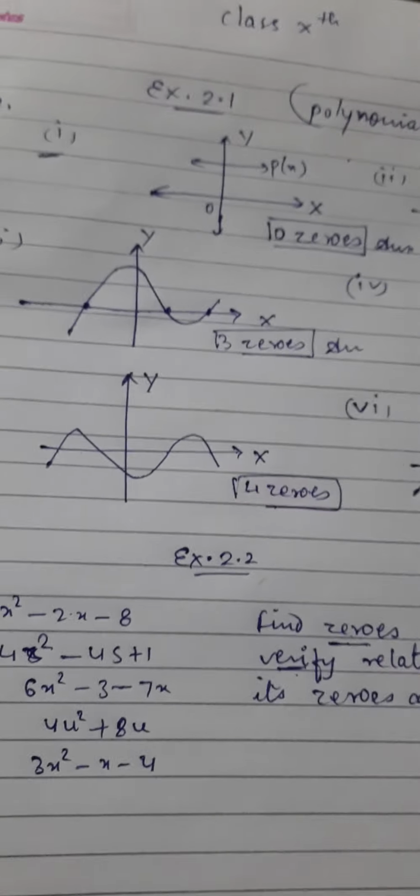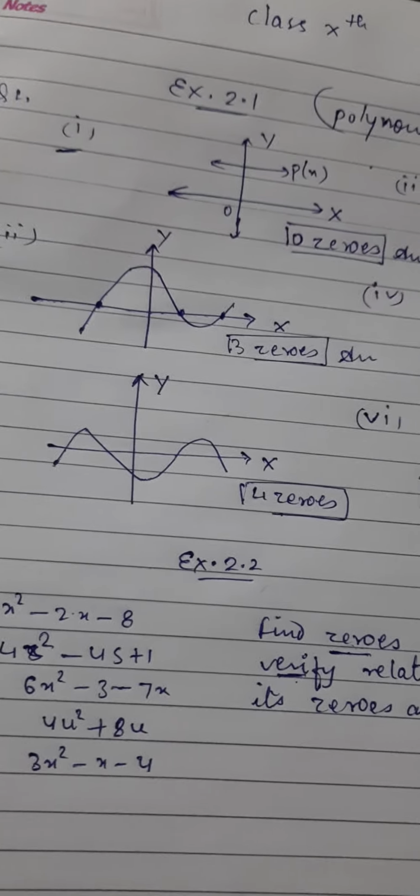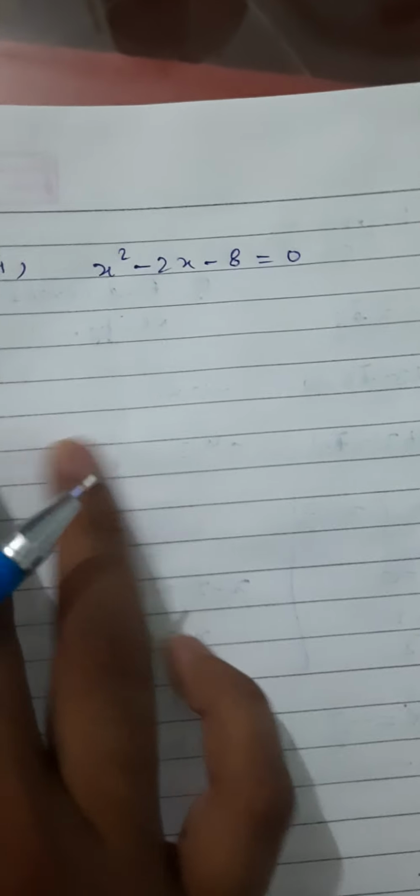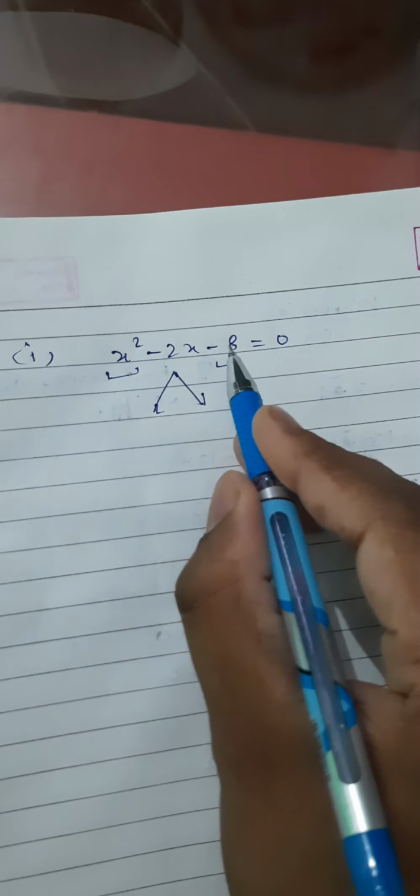So let's start this. Your first part is x square minus 2x minus 8. We will take equal to 0. Okay, now how to solve this? We will use splitting middle term. For using splitting middle term, we take first term and last term only, okay, and middle term we will split in 2 parts. So first part and last part you have to multiply. Like x square we will multiply by minus 8. Clear? X square and minus 8 we will multiply. What will come? Minus 8x square.